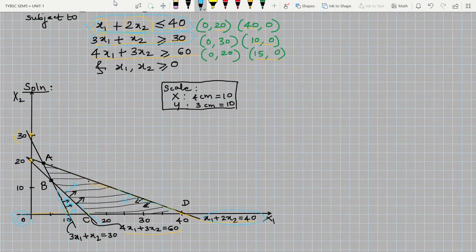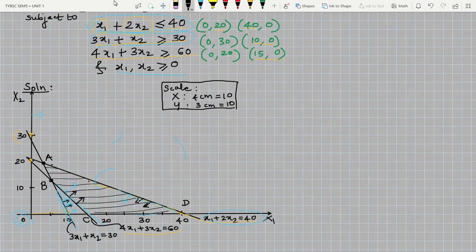You can see the lines on the graph. And of course, this non-negativity condition is also there. So that is x1 greater than or equal to 0. That means the entire area on the upper side of x1 and all the area on the right hand side of x2, that is this particular part. And so the common region is this shaded region. The black color shaded region is the common region, and this region is called the feasible region. This is my feasible region.